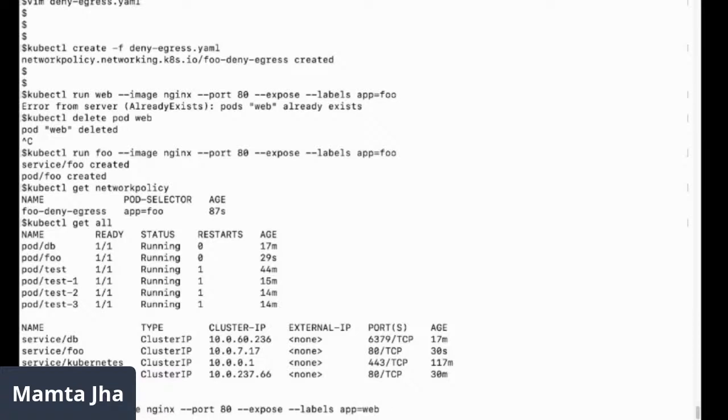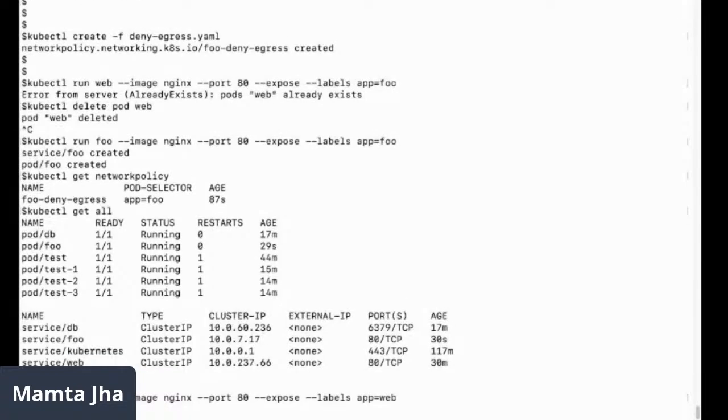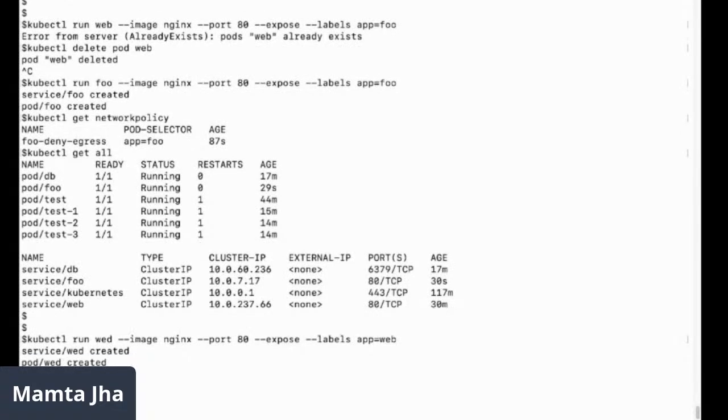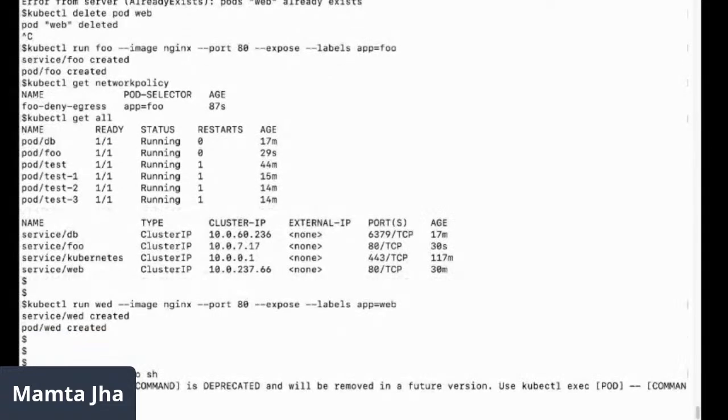I can try reaching web on port number 80. It became wed. Okay, I'll use wed then. So now the dummy pod is there to which I would try to connect from my foo pod. So let me get inside it. kubectl exec -it foo with an sh.